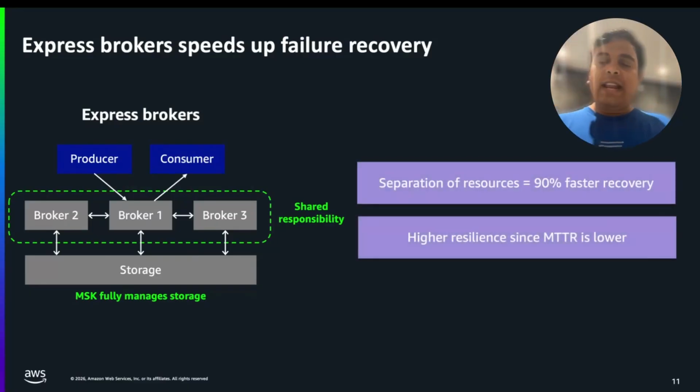Now, failures can happen, and we should start thinking about how our systems behave when there is a failure. When a broken node comes back online, it starts serving traffic faster. Because you're able to decouple the resources within the Kafka clusters, when the broker comes up and does a catch-up replication with existing replica partitions, it's not impacting the foreground traffic. That means during that time, your applications are not impacted. Another way, your resilience is higher and your mean time to recovery is also lower.